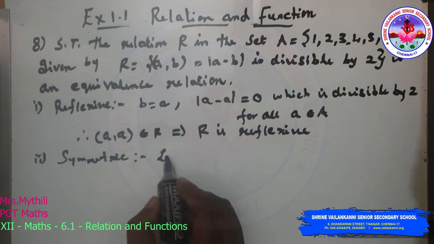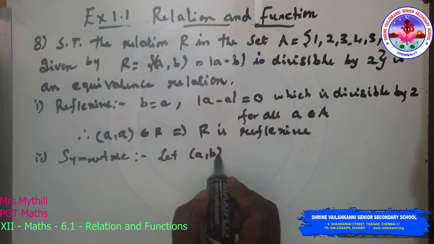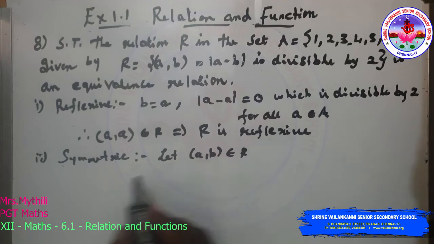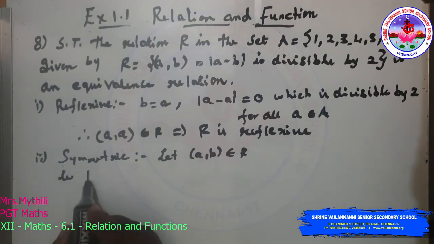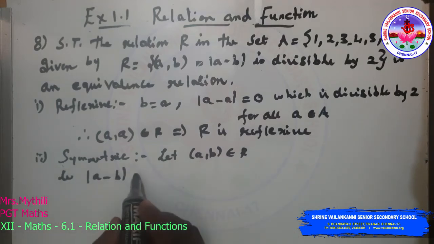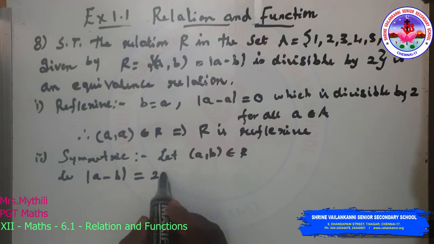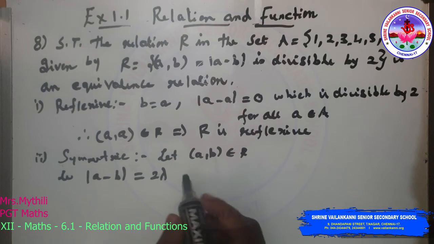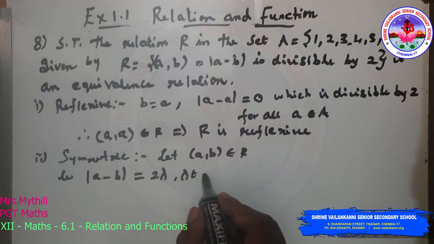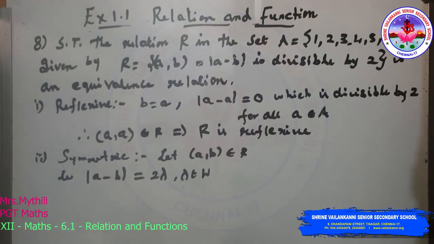Let a, b belong to R. That is, modulus of a minus b is equal to 2 lambda. We have to check whether it is divisible by 2. So we are taking modulus of a minus b equal to 2 lambda for lambda belongs to W. Then